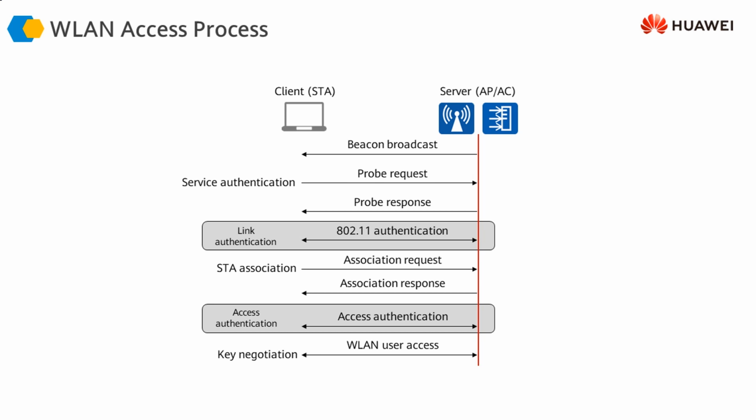However, in an enterprise environment, for the enterprise employees, not for the guests, the authentication generally happens at both levels. You have to do an 802.11 authentication as well as an access authentication. In enterprises, the access authentication is done using 802.1x, or MAC-based authentication, or portal-based authentication, or using a pre-shared key, depending upon what authentication method you are using. We are going to look at these different authentication methods in a little more detail later on.